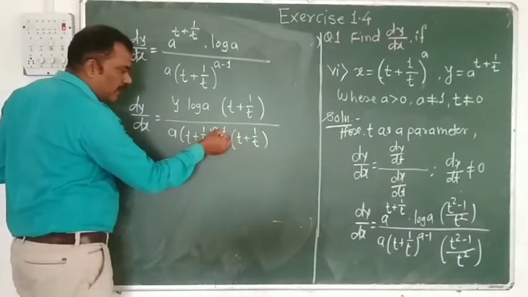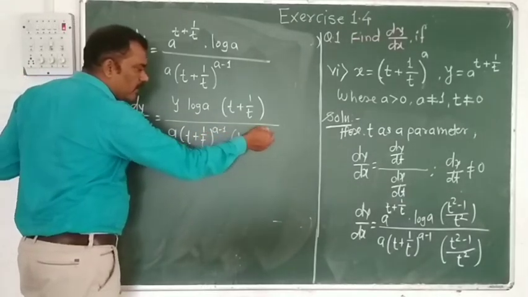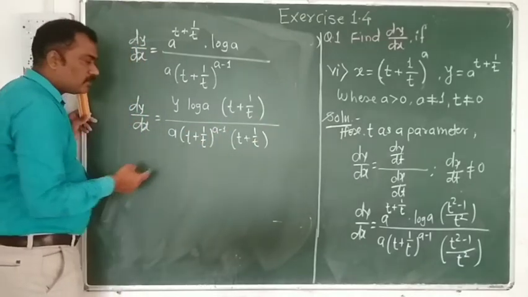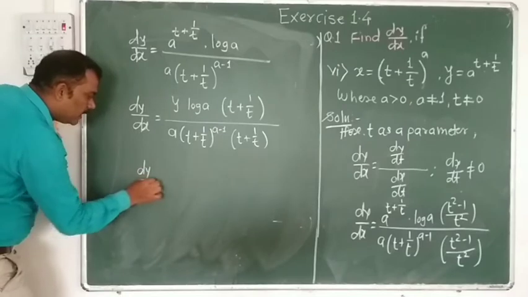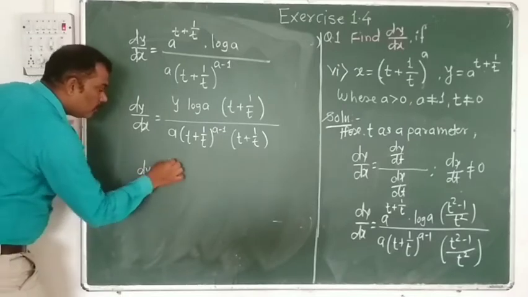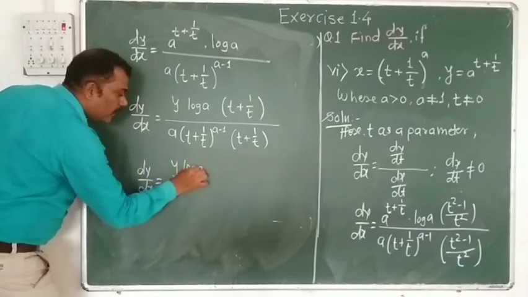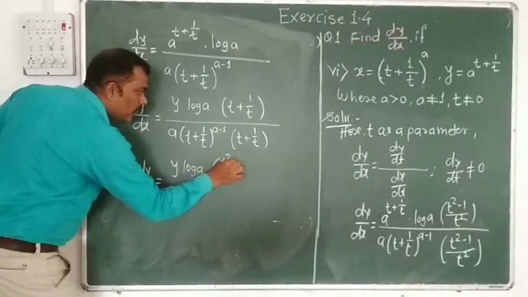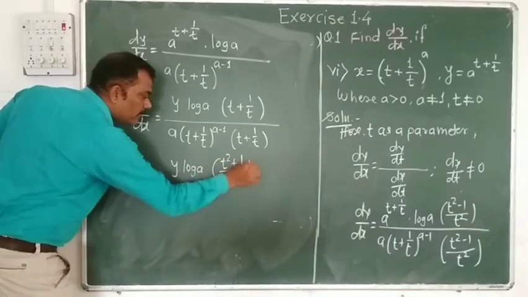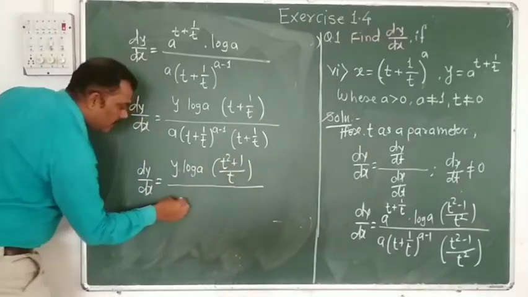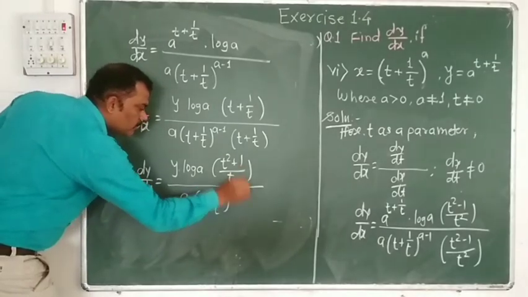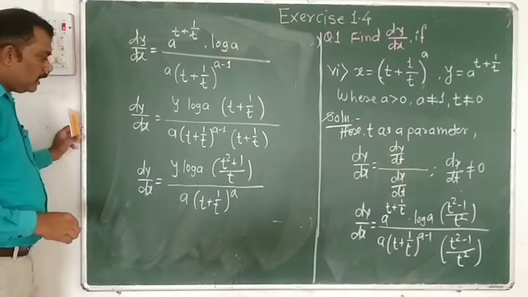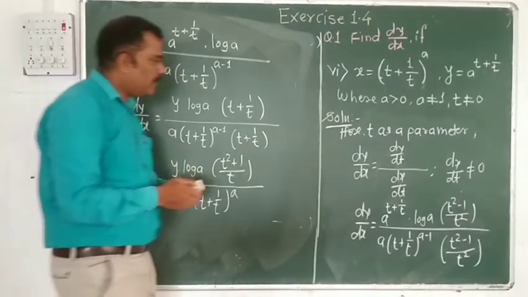Here the addition is a minus 1 and here it is 1, minus 1 plus 1 get cancelled, so the remaining power is only a, so that we write dy by dx is equal to y into log of a into t square plus 1 divided by t, whole divided by a into t plus 1 upon t raised to a. Okay, this answer can also be written as